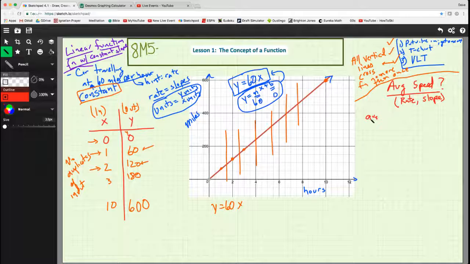Average, I'm just going to write this AVG from hour 1 to hour 2, and then we'll do from hour 2 to 3, and then from hour 3 to 4. So I need to put 4 on here and put 240. Okay, so the way we find our average speed from hour 1 to hour 2 is we're going to take